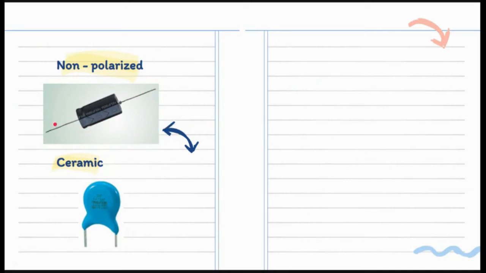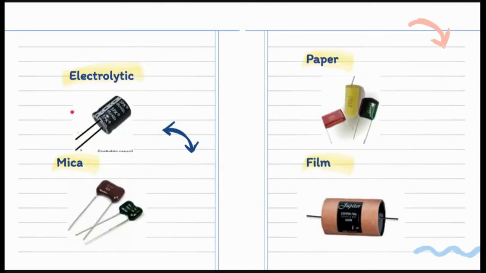They don't have a negative and positive terminal. But there are instances where we need to place these capacitors in our circuit in the correct manner. And how do we see that? Say, for example, in a polarized capacitor, we have arrows as our guide, wherein this end should be connected to a certain end, and this end will be connected to a certain end. Of course, in polarized capacitors, the positive terminal should be attached to the positive